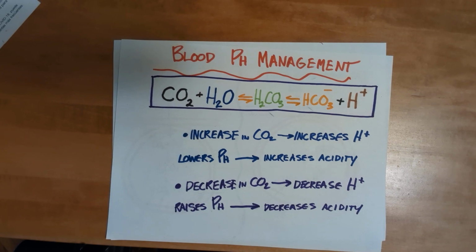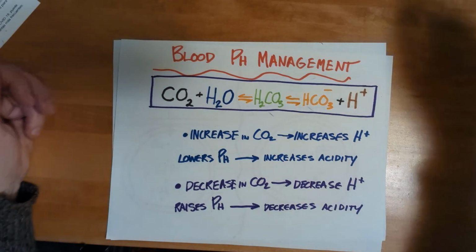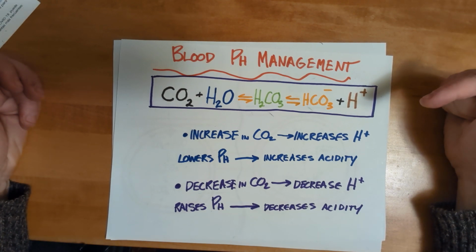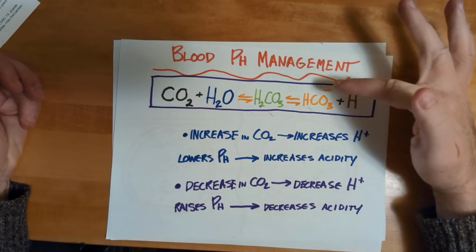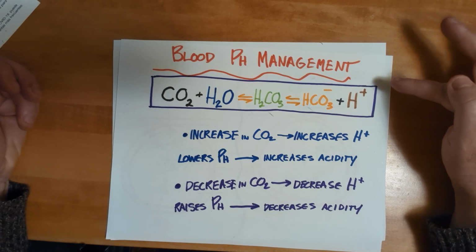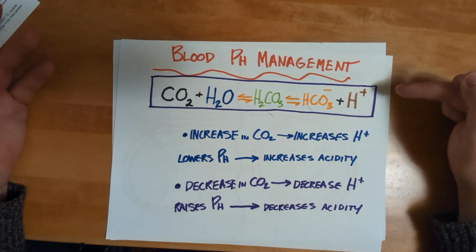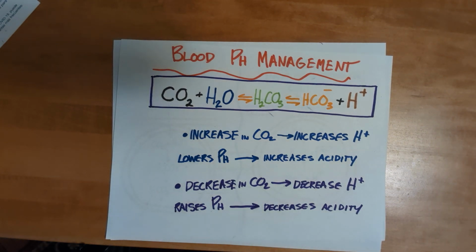So the equation CO2 plus H2O leads to this carbonic acid, which immediately breaks down into HCO3, or bicarbonate, and a hydrogen ion. And I recently learned that, fun fact, a hydrogen ion is really just a proton, because a hydrogen atom is just one proton and one electron, and so when it loses that electron, it's just a proton floating around out there. So I thought that was kind of cool. Anyways,